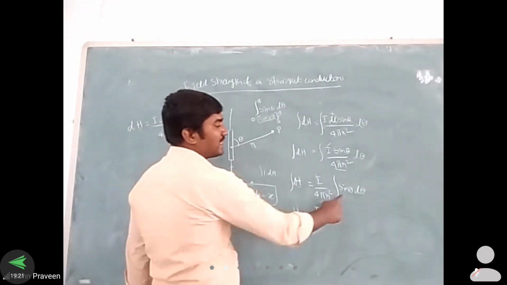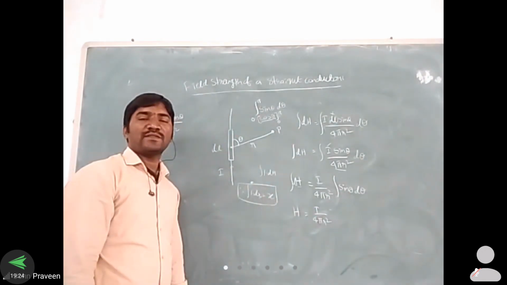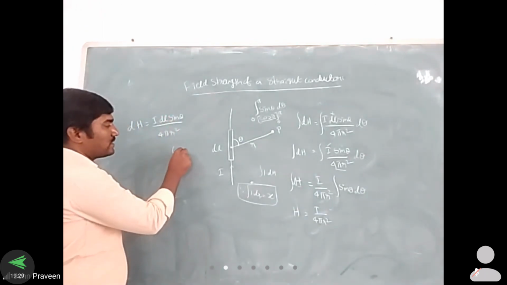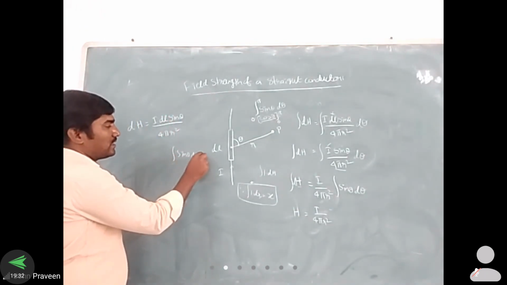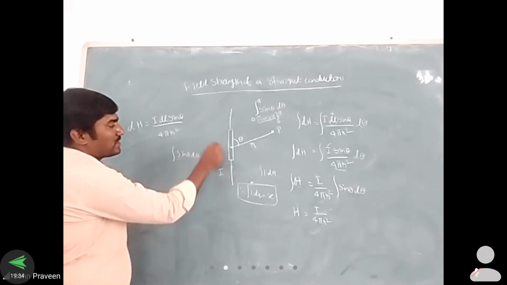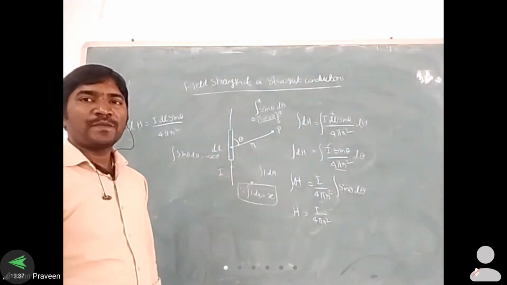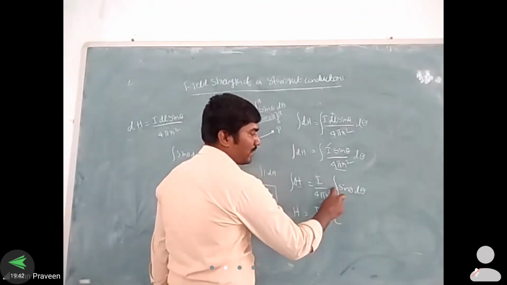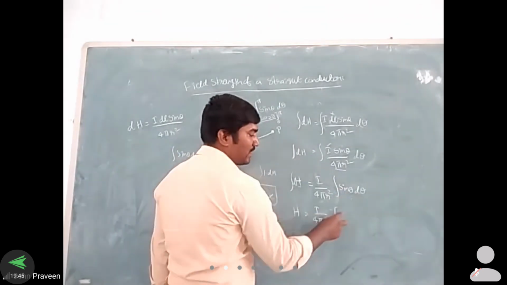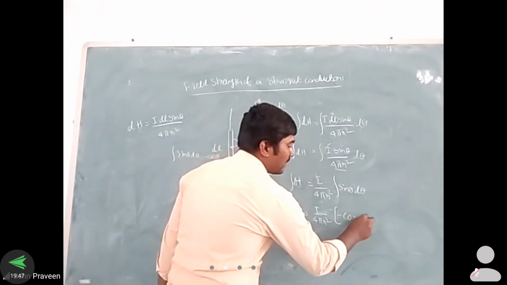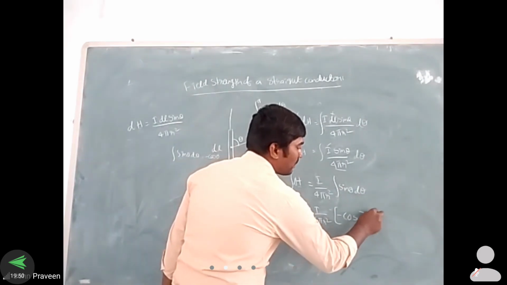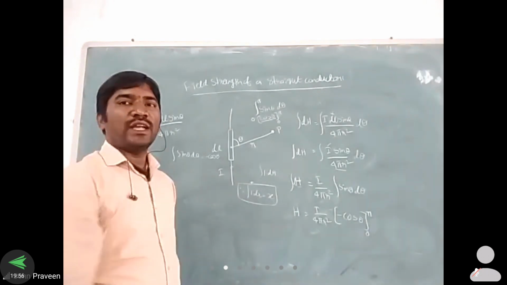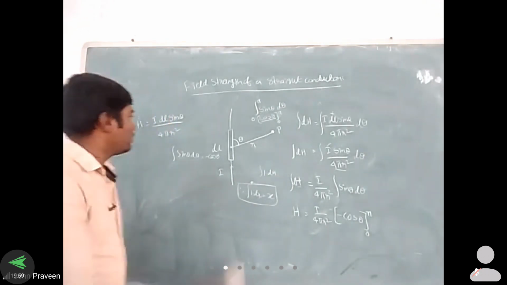Similarly, integral of sin theta d theta we get as minus cos theta. Minus value we are getting here. Right? I hope you all understand. So if we apply integration for sin theta, minus cos theta with limits of 0 to pi, what are we assuming here? The limit is 0 to 180 degrees.